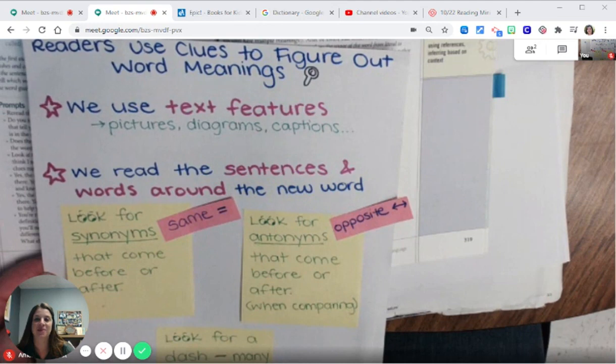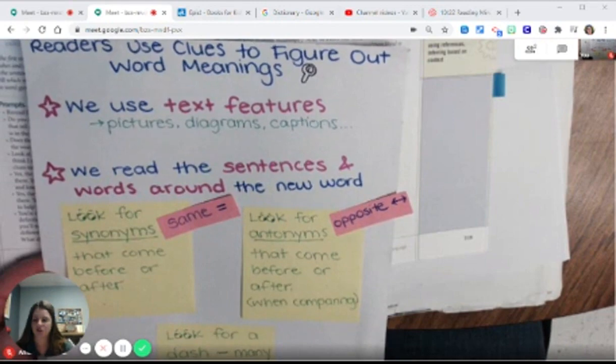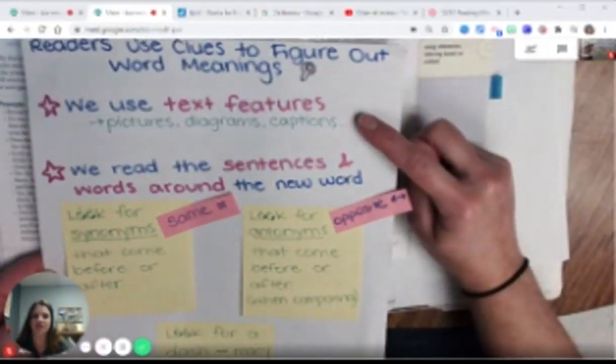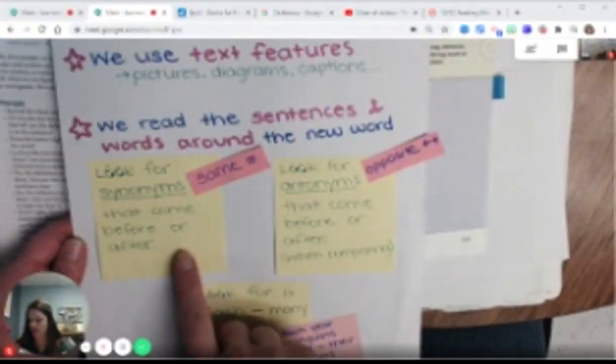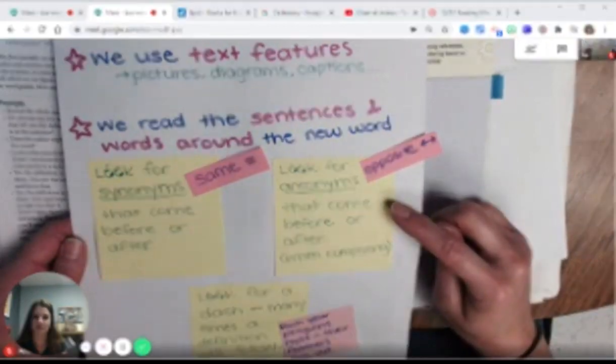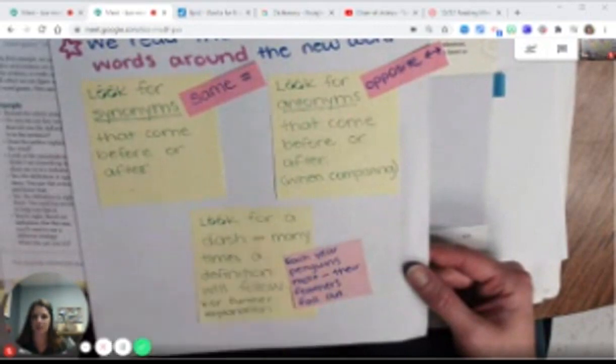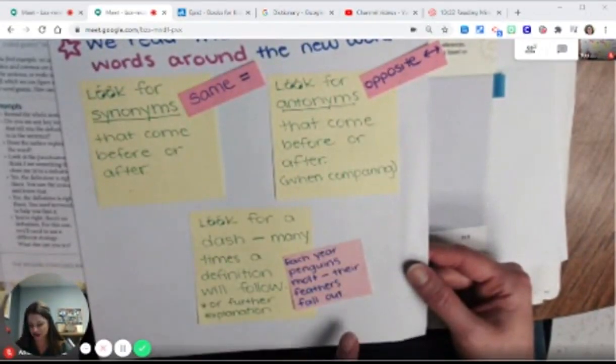So in the past, we had been working on using clues to figure out the meanings of words. We used text features in the text, like pictures and diagrams and captions. And then we also read the sentences and words around the new word. We looked for synonyms that came before or after the word we were trying to find the definition for, those words that mean the same thing. We also looked for antonyms, those words that mean the opposite. And then another strategy that we used was to look for that dash symbol, because many times the definition would